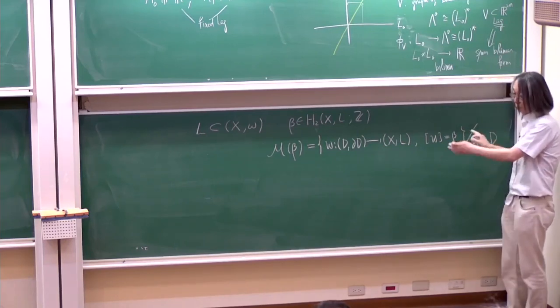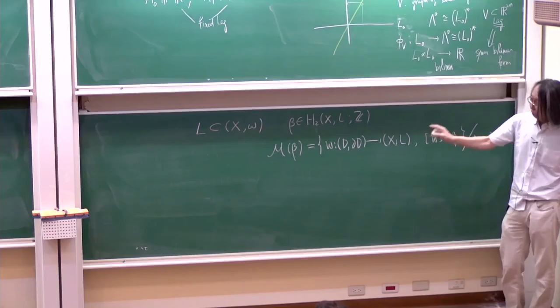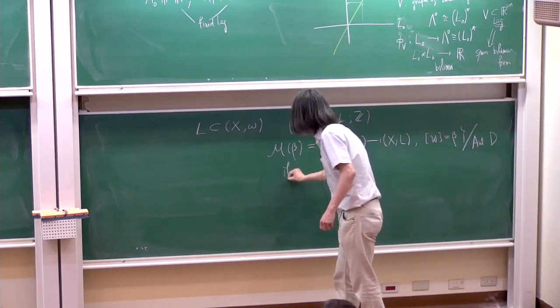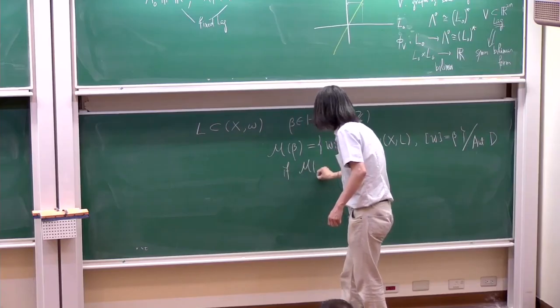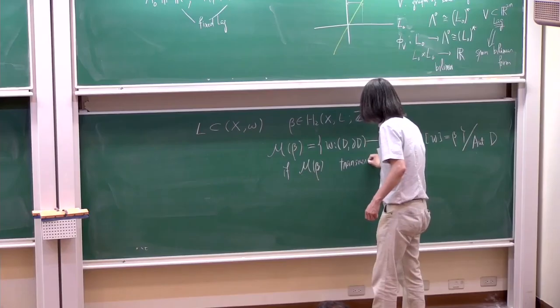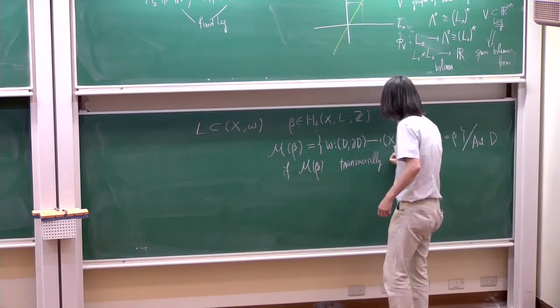Anyway, we want to consider such a thing, and then we want to give an orientation of this. And if this one is transversally cut out